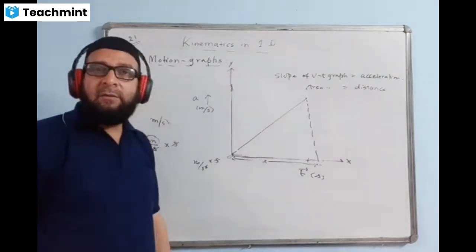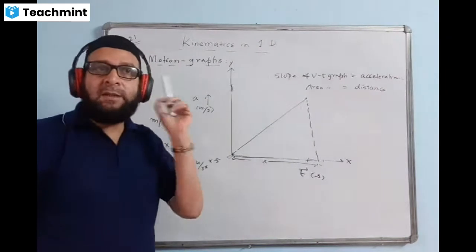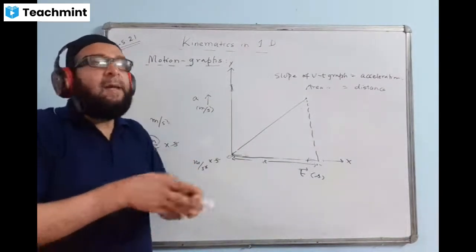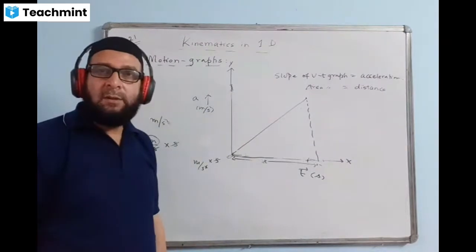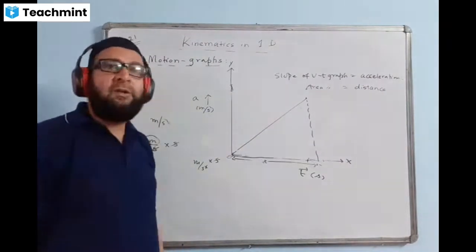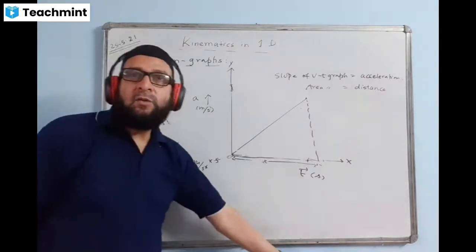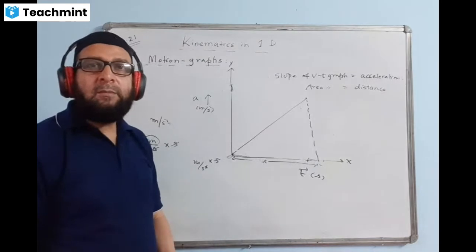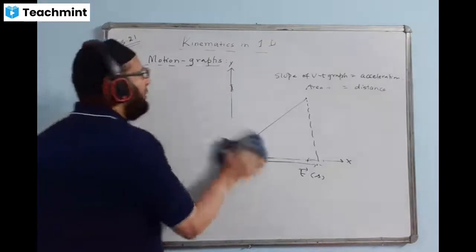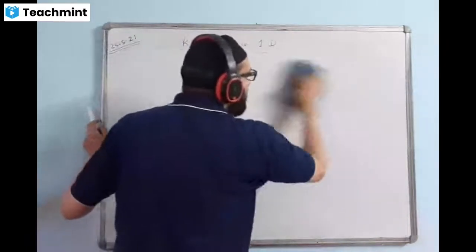If there is any graph, we think about its slope and we think about its area. If both are significant, we may have to find both if the question demands. Or if only one of them is significant, the question will definitely ask you to find only that. I think you got the idea. Tomorrow we'll do something more on graphs. I'll show you some derivation of the formulas using the graph method. I gave the general idea of graphs here.